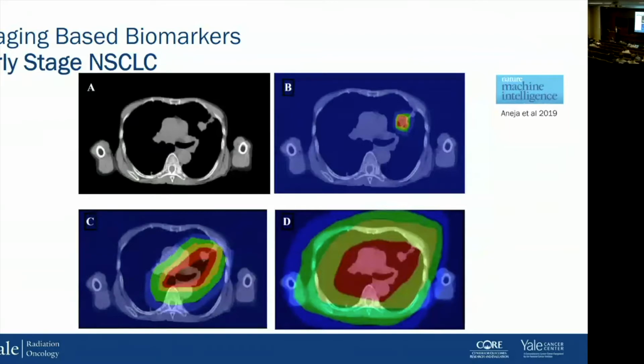And so when we are looking at regional failure, we see that the network is actually looking at the mediastinum, which to us makes sense, that the model is actually looking at what we would look at as clinicians. This is the overall survival plot. I've heard different theories on it. I think some people think it's because it's looking at the heart and things of that nature, and that those organs are important. I think that what it probably means is that overall survival, not cancer-specific survival, is multifactorial, so that the picture is only a piece of the puzzle, but either way.